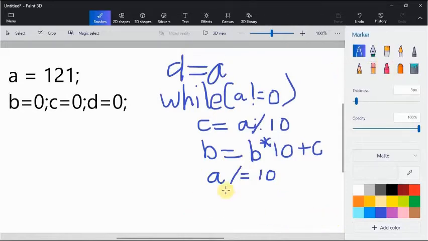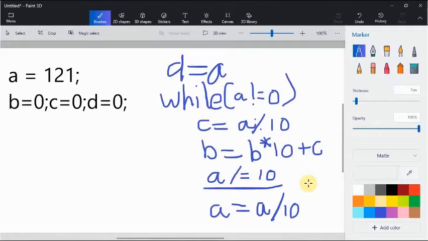Similarly, when you write this statement, what it means is A is equal to A divided by 10. You might ask me, when you divide 121 by 10 you will get a decimal answer, 12.1 or something.